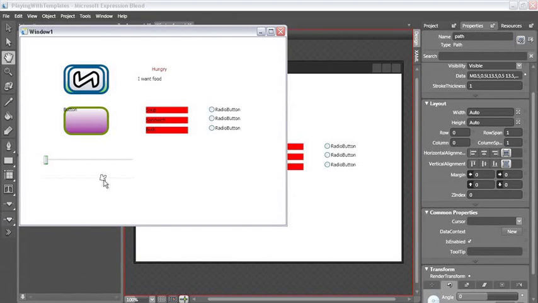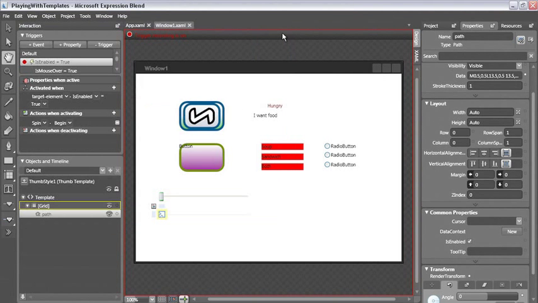Now we've got one more control I want to look at restyling. We've done our buttons, we've done our checkboxes, our radio buttons. Now we're going to do a scroll bar. Let me go ahead and close my window, and I'm going to go ahead and add a scroll bar to